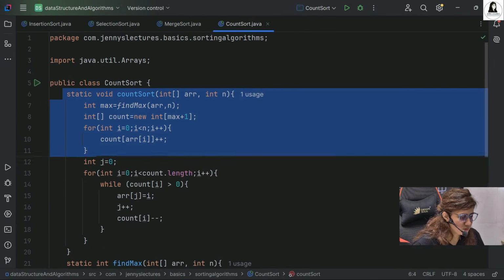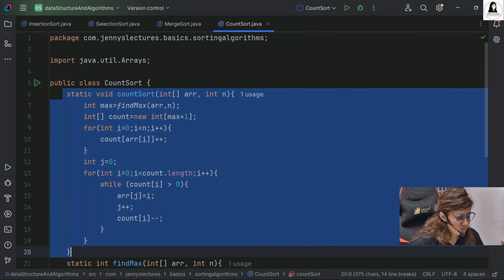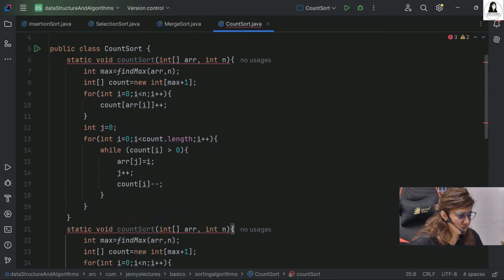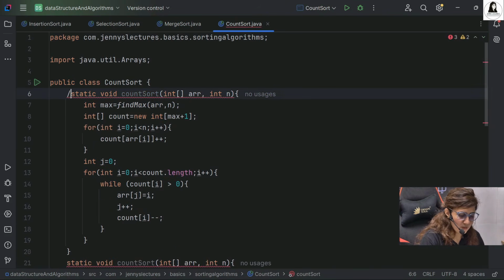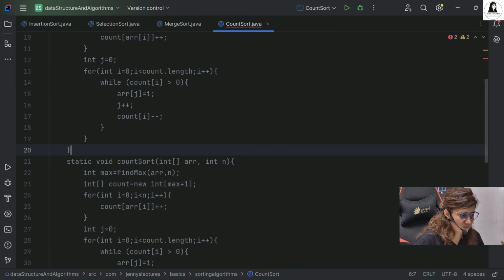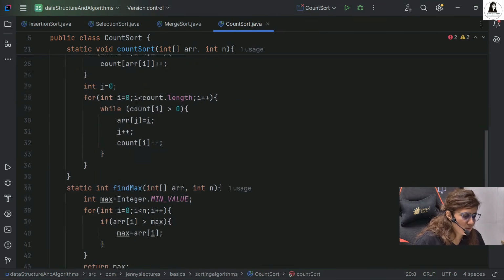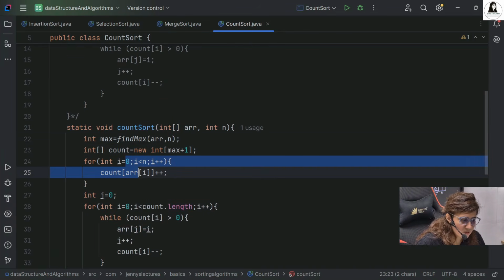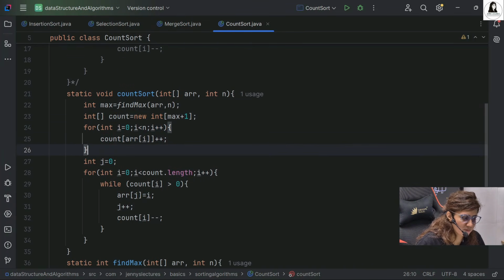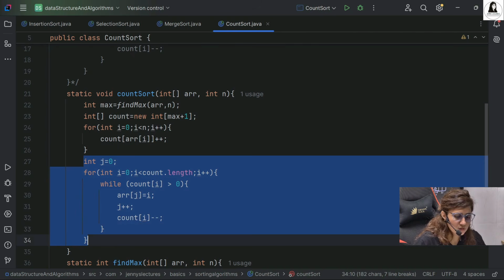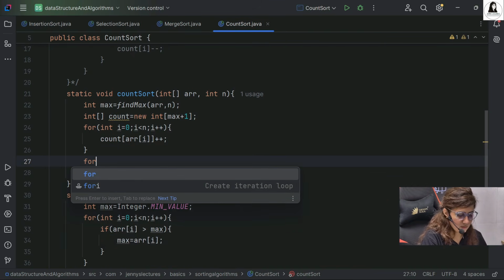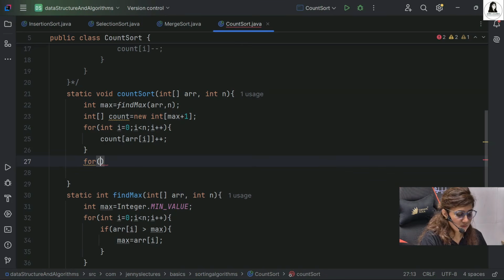Okay, so what we do is, let's just copy paste the same sort and first comment out this. And I'll update here second find max is as it is. This loop is as it is. After that, just remove this. We update the count array again.